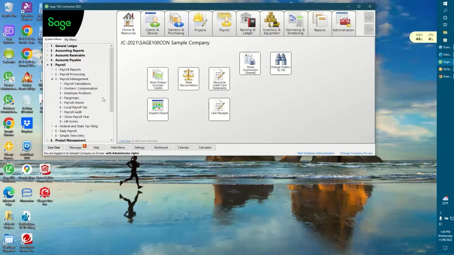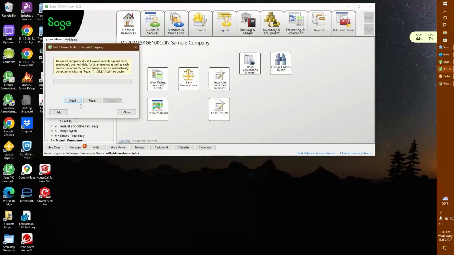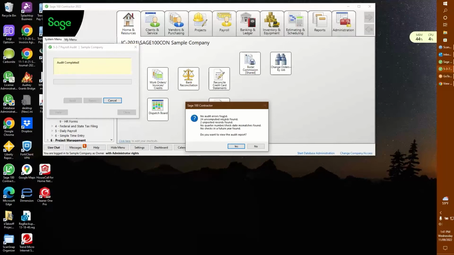So the first thing that we want to do, and again, I want to emphasize that you want to do your payroll audit in December before all hell breaks loose. It's simple to do. You simply go in with proper creds as an administrator or a payroll administrator, and you audit. Simple as that. Now, what did it find? It found uncomputed records and a couple of unposted records. Could we still close? Yes, we could.